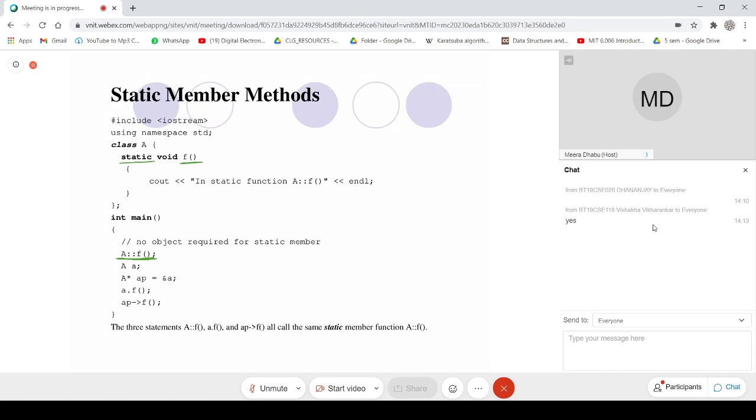Then in the very next statement, an object small a is created of the type capital A. And then one pointer is also created. So here this is invoked in association with an object. This is invoked in association with a pointer.